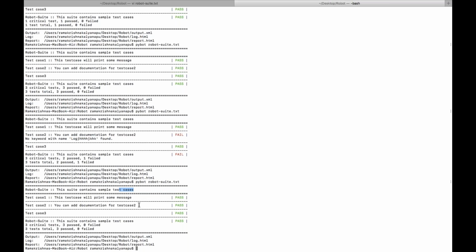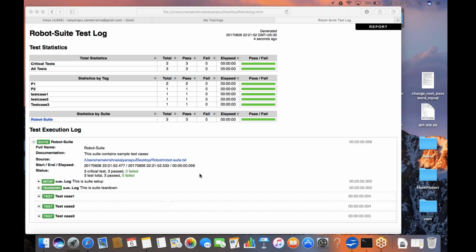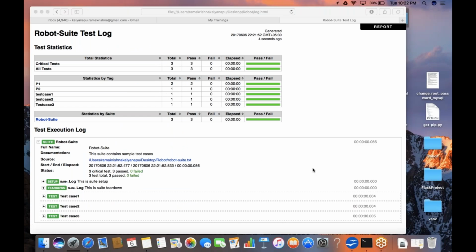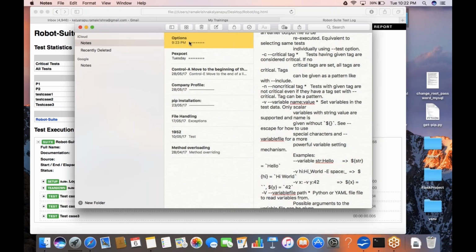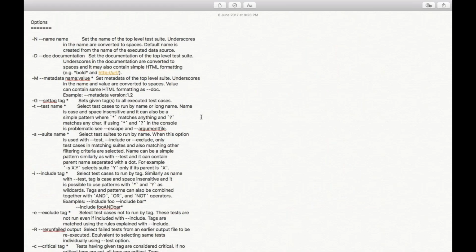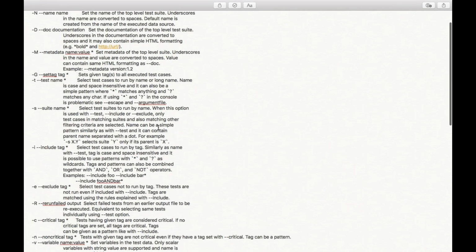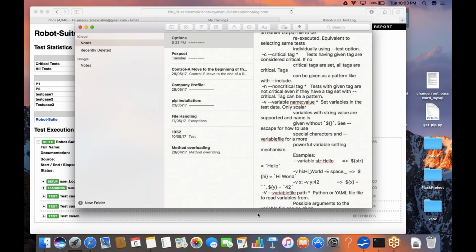Okay, so like this you can add documentation and tags and everything. Okay, so now we'll discuss about options. So what are these options? So first,